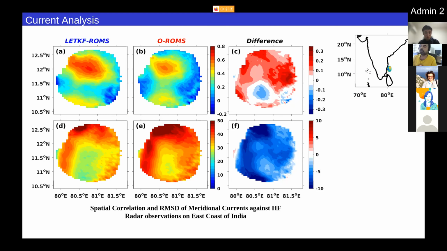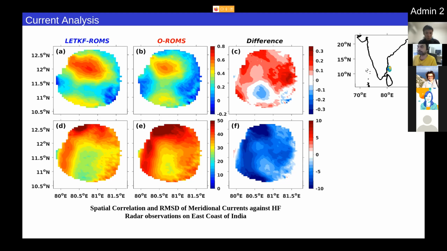On the right top, you can see the Indian coastline, and you can see a colored blob in the south, close to the east coast of India and north of the Sri Lankan tip. There we have an HF radar that measures currents, and the yellow-blue colored blob shows the extent over which the HF radar can